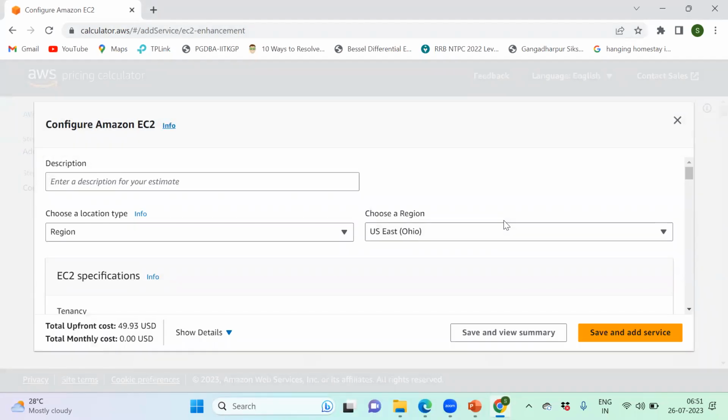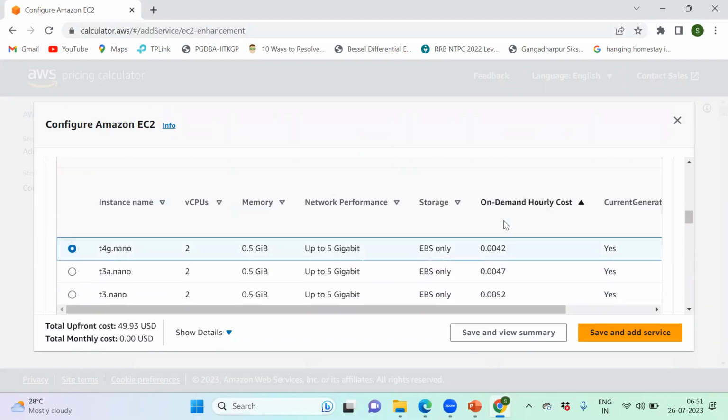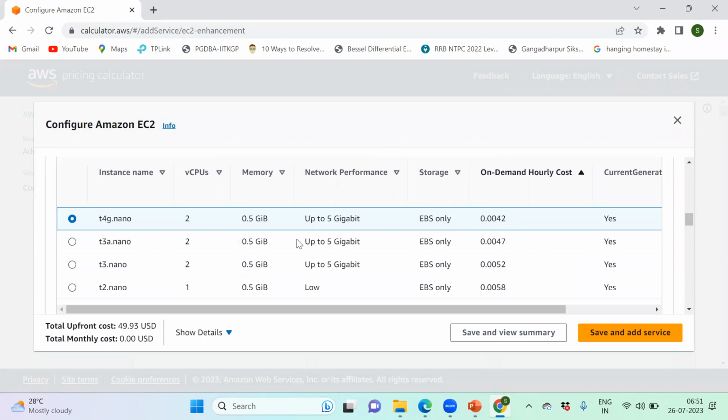So suppose you need to launch a particular EC2 server. There is the option, there are various instance names. An instance name is just like T4G Nano. What specification does the instance have? Here it is. It's having two CPUs. Memory means the RAM.